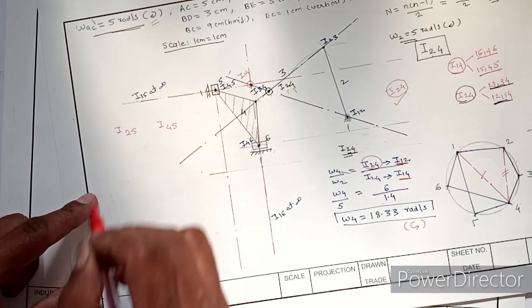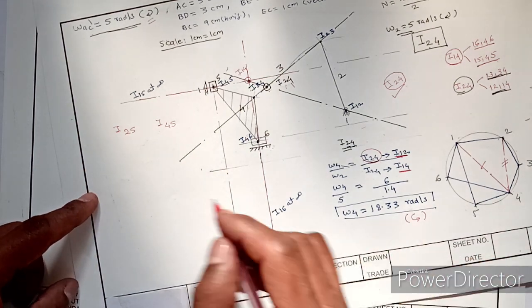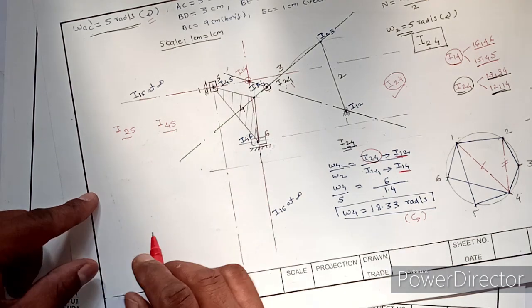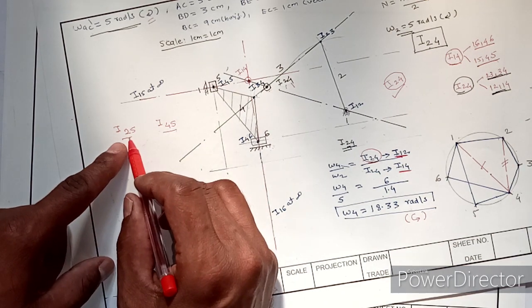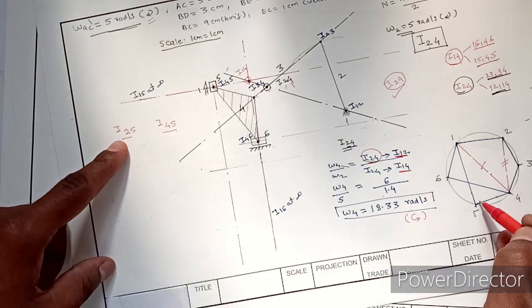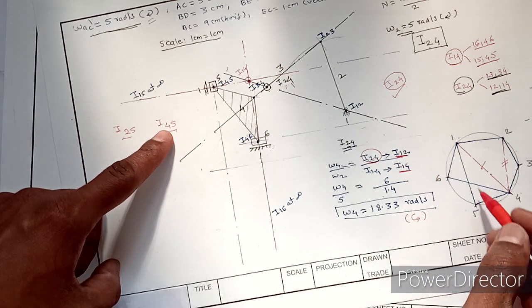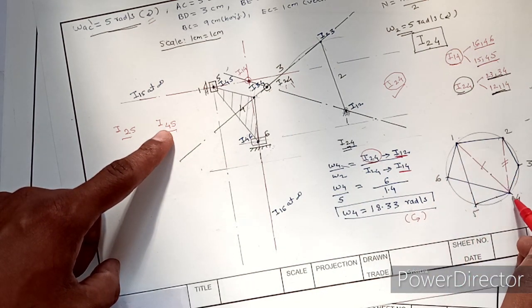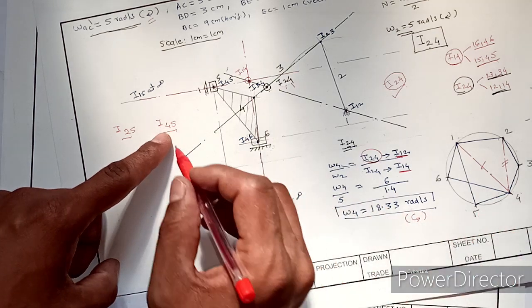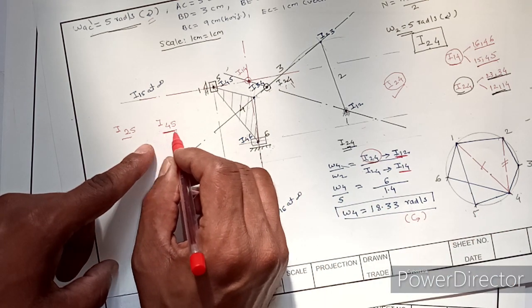So we can make use of any one of these two ICs, I25 or I45. So let us look at which is present. I25 is not there, I45 is there, I15 is there, I14 is there. So we can determine the velocity of link number 5 from this IC,